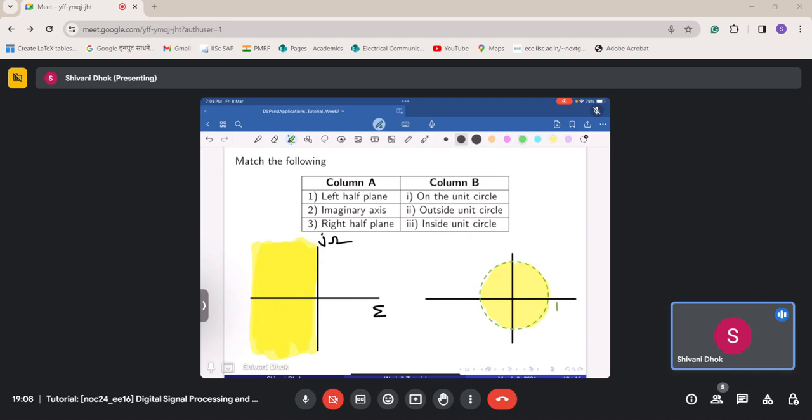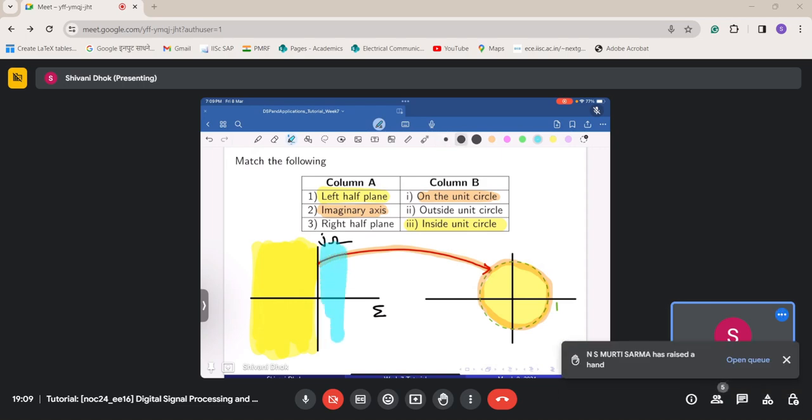Next thing is the imaginary axis. This imaginary axis j omega gets mapped to the unit circle. So this left half plane gets mapped to inside the unit circle, and this imaginary axis gets mapped to the unit circle. And the right half plane,